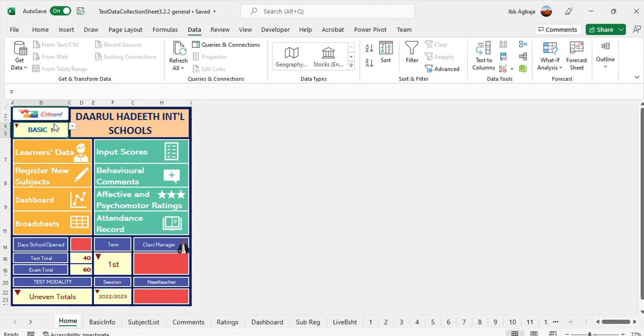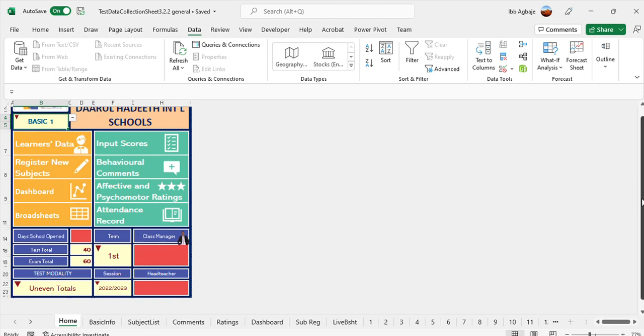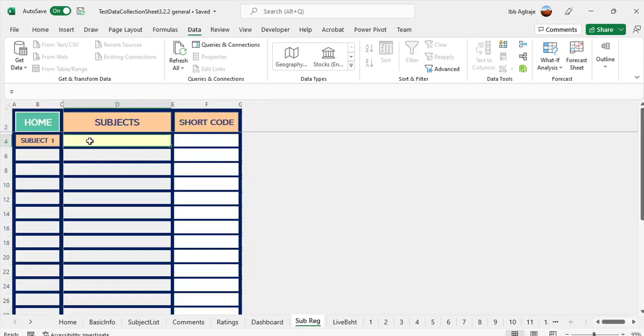That class will be selected, and then the next thing that you want to do is that you want to register subjects for that class. So you click this point where it says register subjects, and it will take you to this page to register subjects. So you type in your subjects that you want, all the subjects that are done in that class. For example, if you do mathematics, then you type mathematics, and